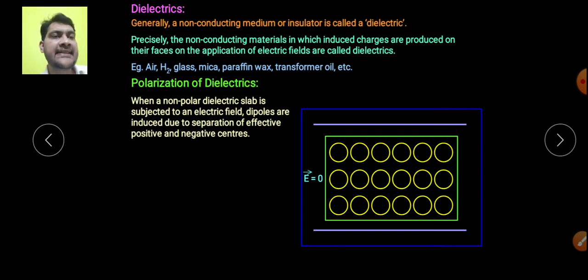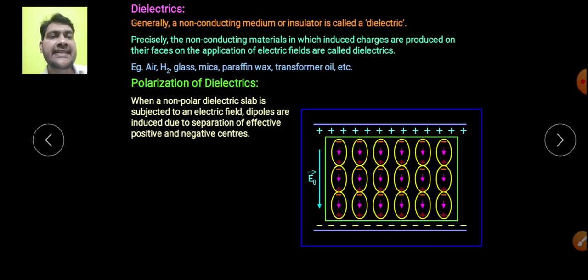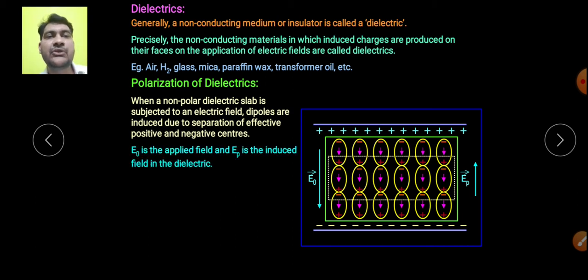Positive charge is displaced in the direction of external field, and negative charge of each molecule is displaced opposite to the electric field. Therefore, their centers get displaced and each molecule possesses some electric dipole moment. So this happens in the presence of external electric field. So now a net dipole moment is there, and because of net dipole moment there is some electric field also inside the dielectric. So this actually happens if E naught is the applied electric field.